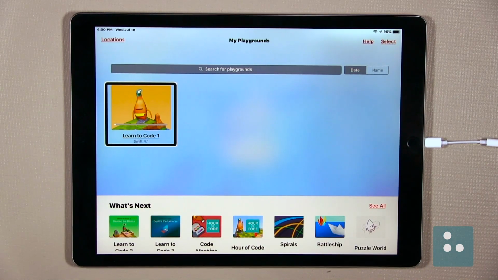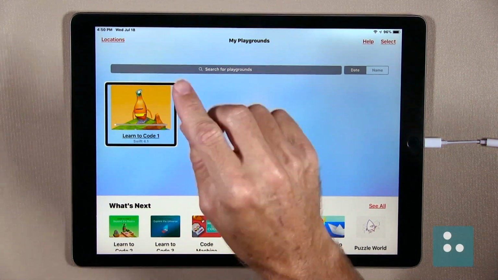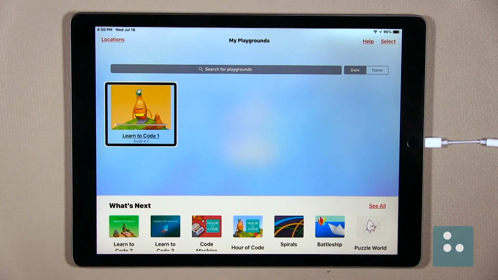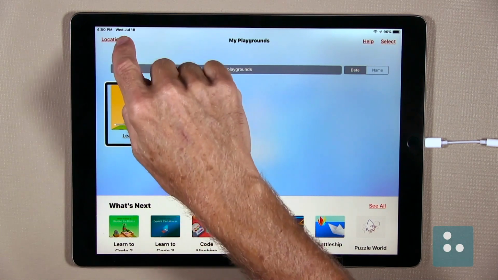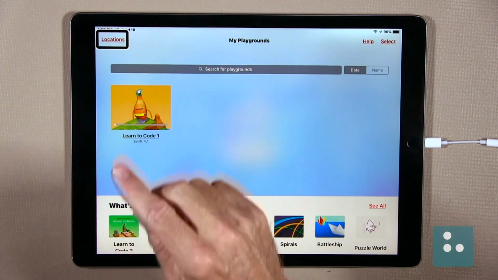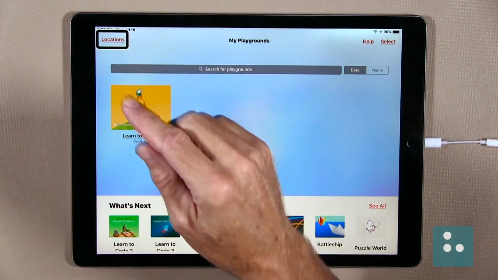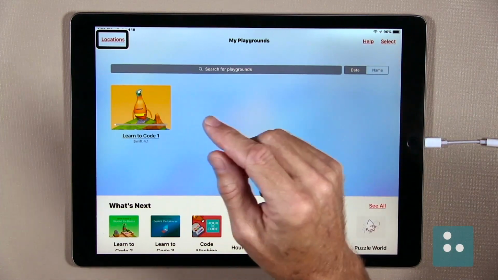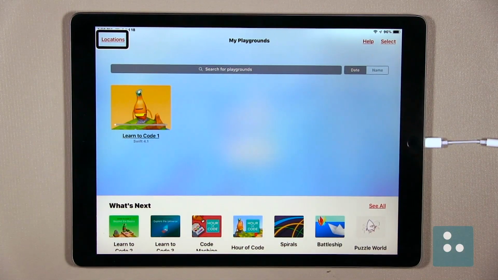Okay, we'll begin by orienting ourselves to the very top of our My Playground screen here. So we'll just touch our Locations button here in the top left-hand corner of our screen. Great, so here's our Locations button, and single finger double tapping or activating our Locations button will bring up a pop-up menu where we can locate all of the saved playgrounds that we've actually created. Now, we haven't actually created any new playgrounds. However, this is where we would find them if we had.